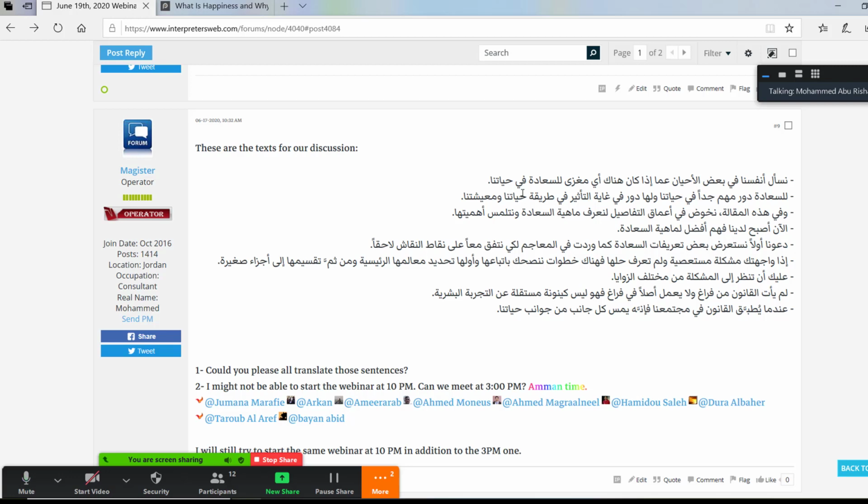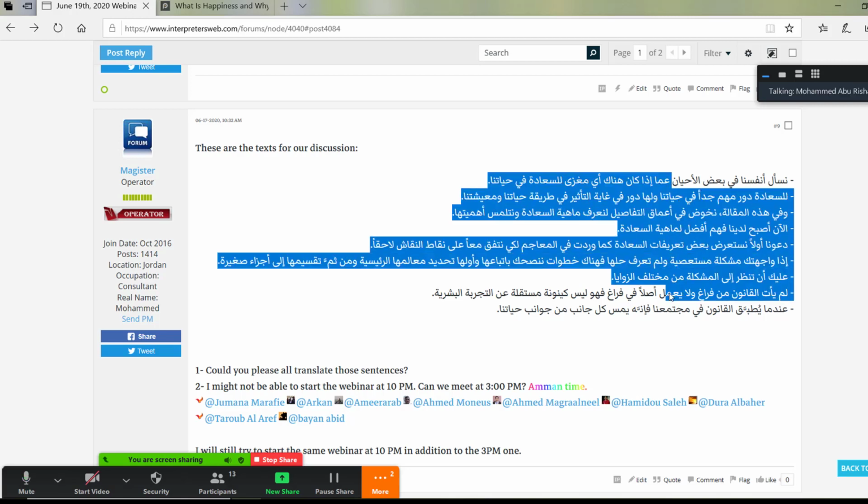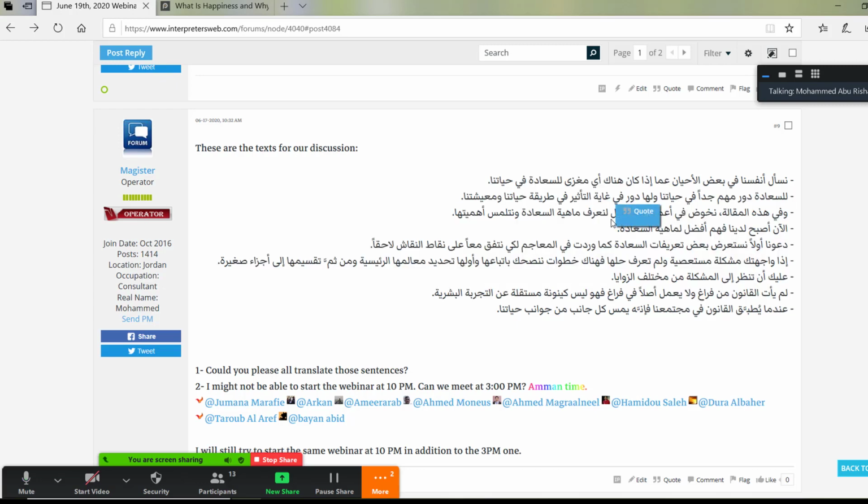Step number 5 is to shut the whole application that you have and to wait for about 2 or 3 days. Then go back to the text, and this is the final step, and try to translate it. Try to translate the text that you have written here. Then finally, last but not least, go to the English text and make a comparison, see what kind of development you have made. Let me just give you a demonstration about what I mean of all of this.